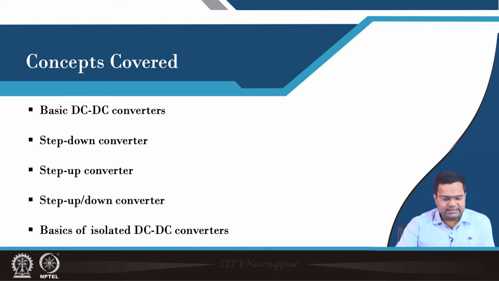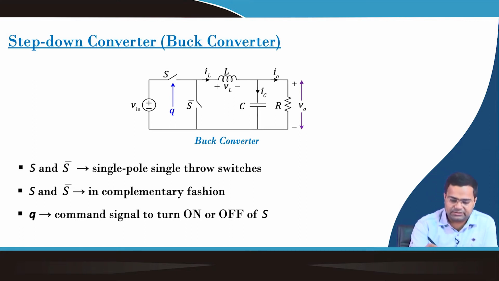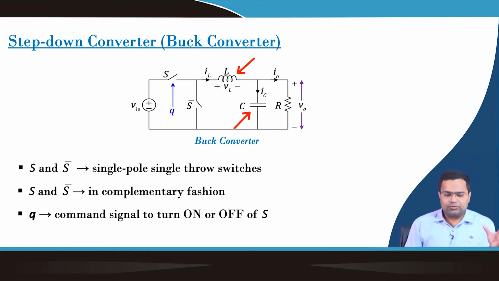So, here we will consider basic DC-DC converters, step down and step up converters, as well as step up-down converters like the buck boost converter, and a few isolated DC-DC converters. The step down switching converter, which we discussed at the end of lecture number 2, is an inductive DC-DC converter. It is a well known topology in which an inductor and capacitor are used for filter purpose, and we use a switch.